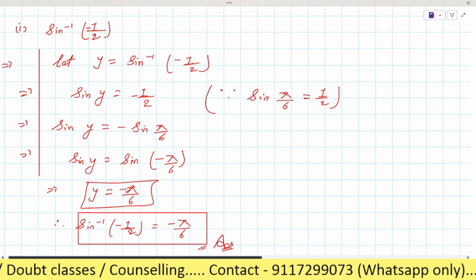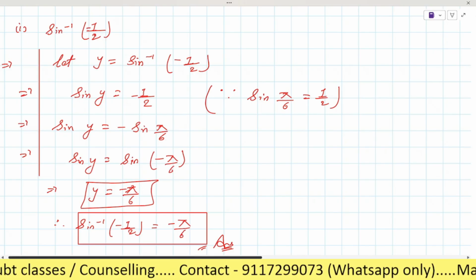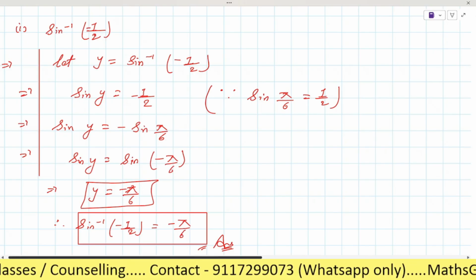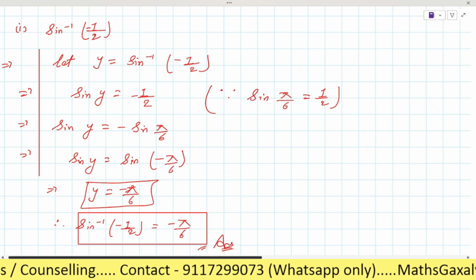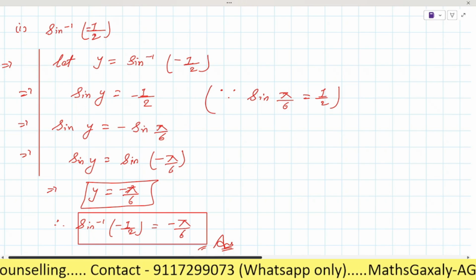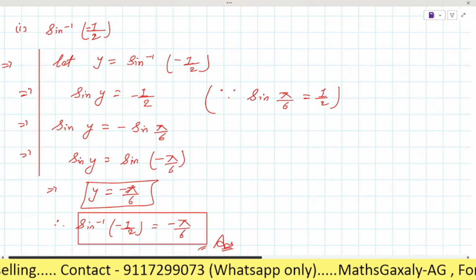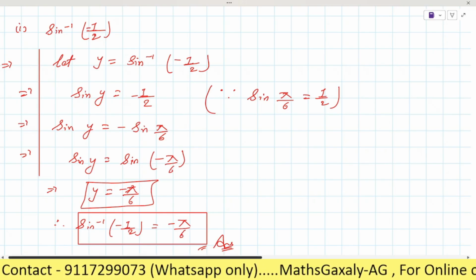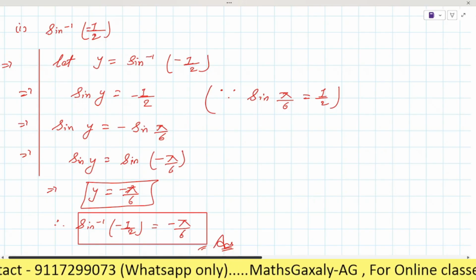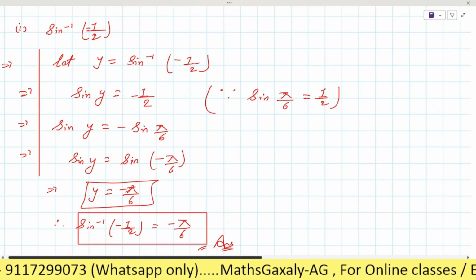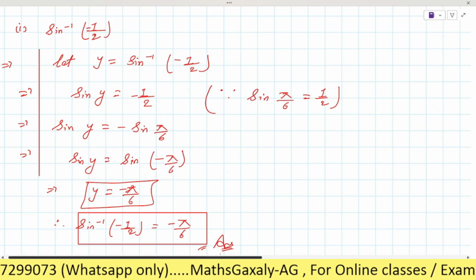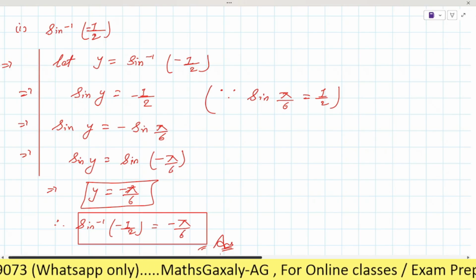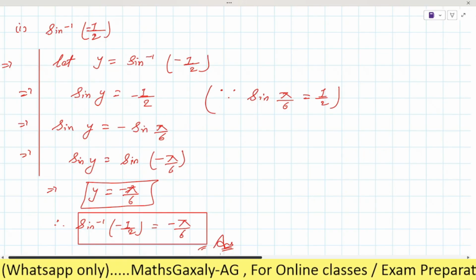For cos also it is pi by 6. So in the place of root 3 by 2 we will write cos pi by 6. So it will become cos y is equal to cos pi by 6. Now cos will be cancelled, so y is equal to pi by 6, and here we get the answer. So in the final we will write cos inverse root 3 by 2 is equal to pi by 6. Its principal value will be pi by 6.